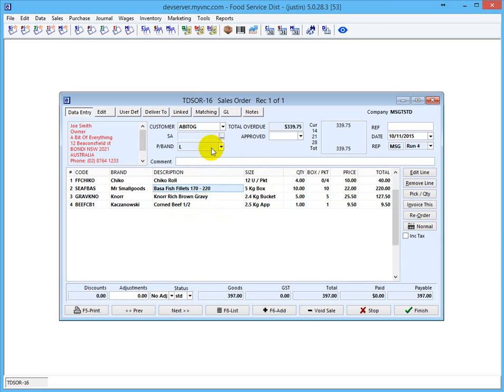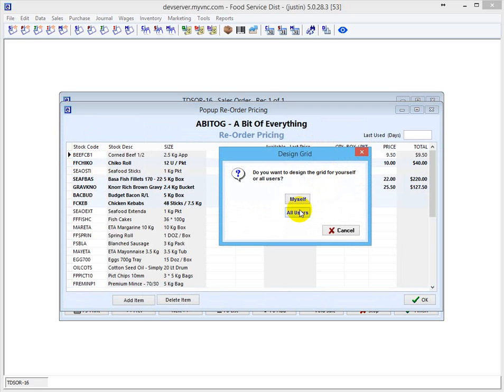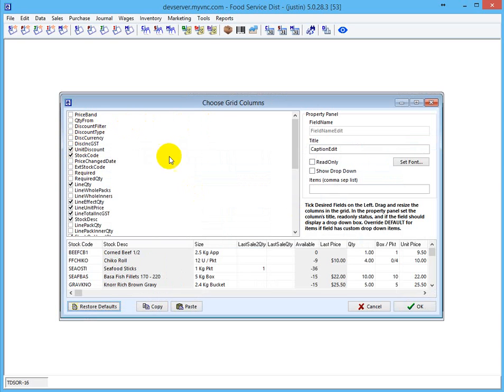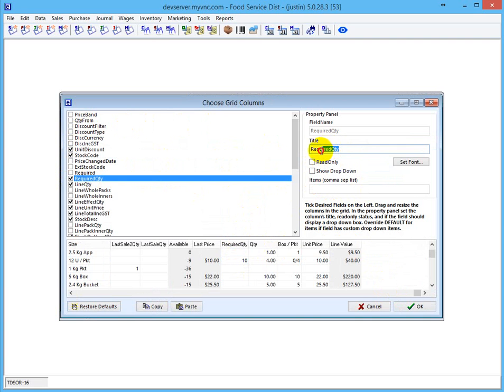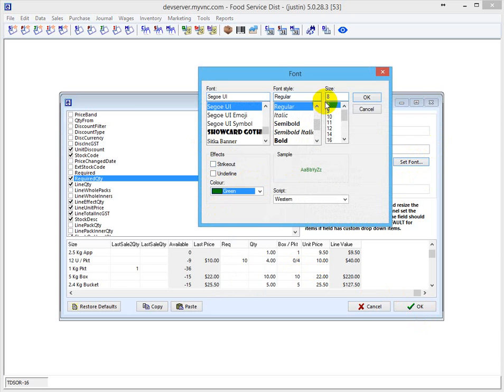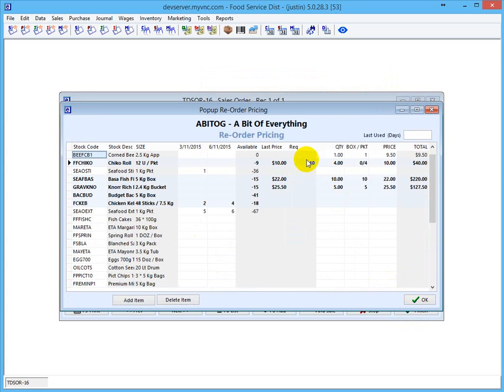Another thing to note is that a lot of the screens in eSuite are heavily customizable. So, for example, I can customize this reorder screen, and I might want to show that required quantity field, and I'll put it here, and we'll abbreviate it a little bit. We'll call it required, like that, and we'll make it read only. You can change fonts. We'll set it to green. Hopefully it'll come out. I have a feeling that if you set it read only, it comes out black, but we'll see. Okay, yeah, I was right. Actually, I think it's possibly because it's one of these flagged required option fields, so it does it in bold. Anyway,